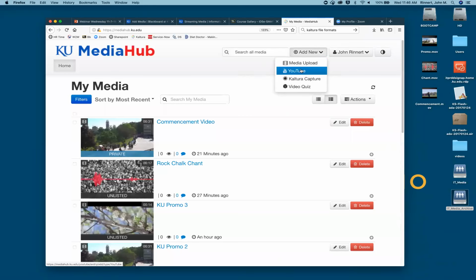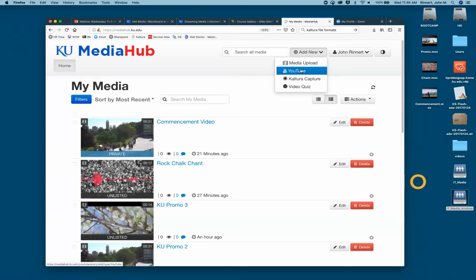So YouTube, very quickly, it just allows you to put in a YouTube URL, and it's going to play that YouTube video in the Kaltura container. So why would you do that? Maybe you don't want YouTube branding on your instructional materials, even if it's being served by YouTube in their player. More importantly, it's going to make all your videos be put in the Kaltura player.